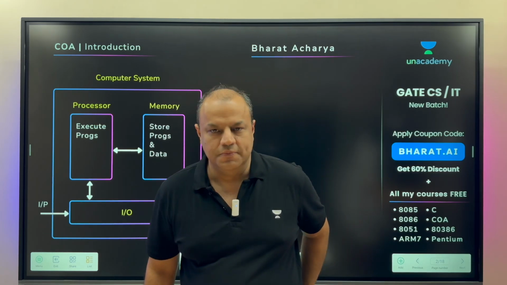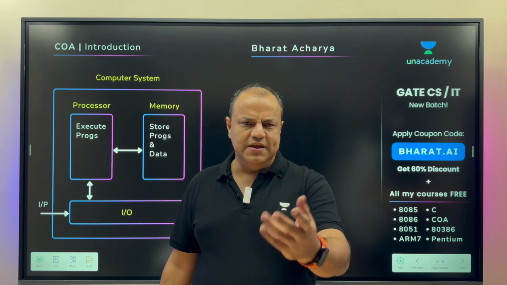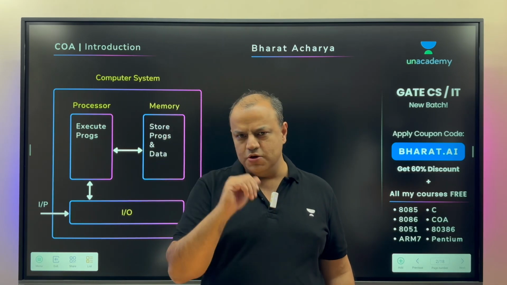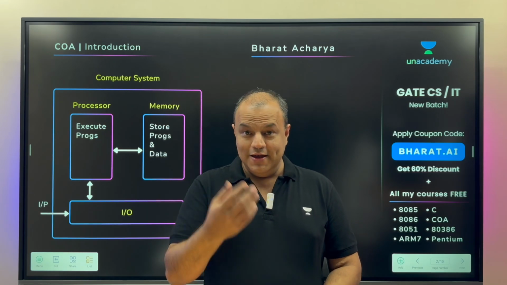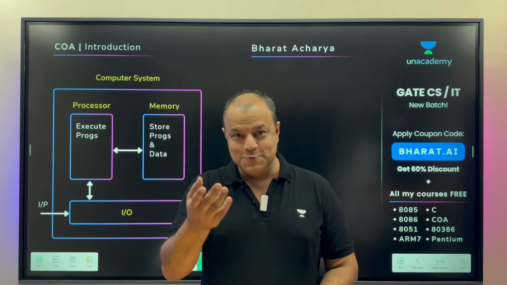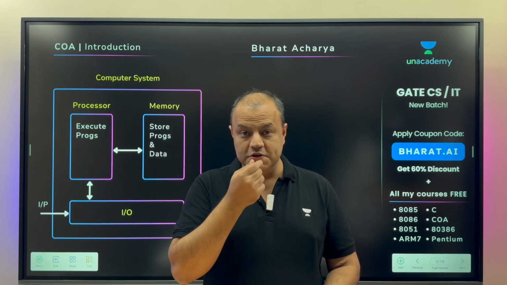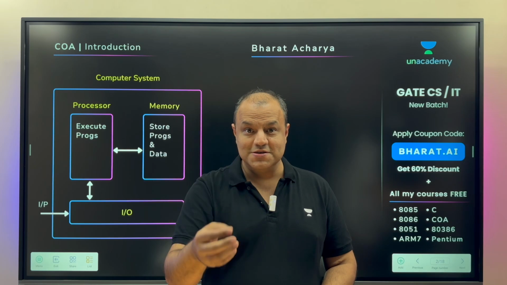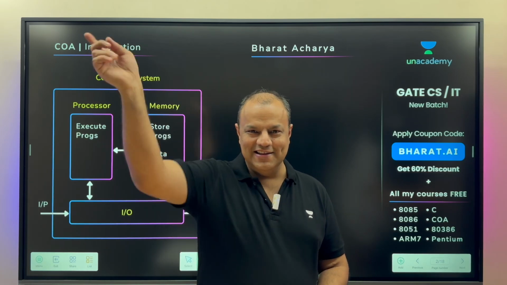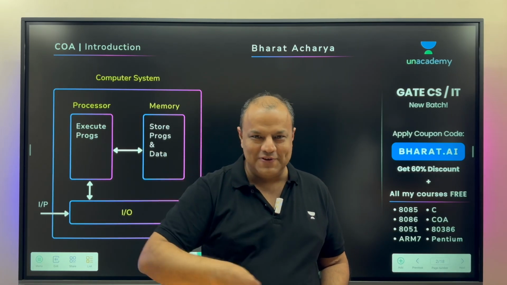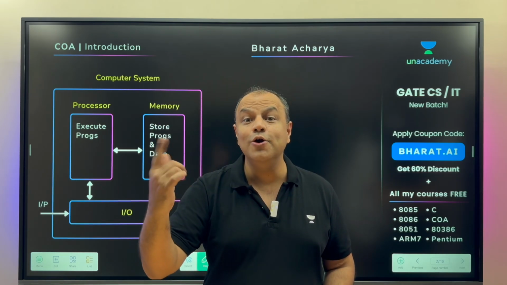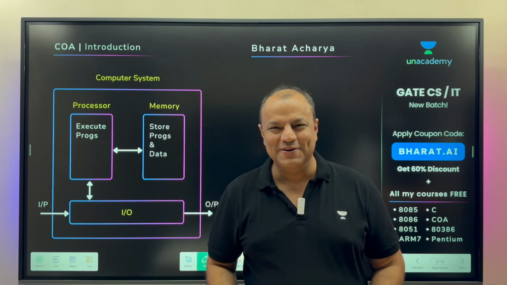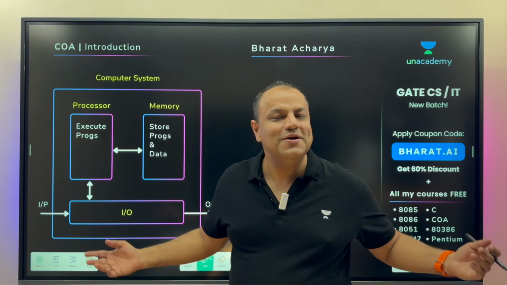Now, look at your phone. Probably you're watching this video on your phone or your computer, either way. Just look at the device you have and try to identify all the I/O devices. Your screen, if it's a phone, is not just an output device, it's also an input device because it's a touch screen. Your microphone on which you speak is an input device to the system. The speaker, which produces the sound, is the output device. The antenna that connects to the network, to the Wi-Fi, to the Bluetooth, etc., is an I/O device because you send data as well as receive data. Your camera is an input device. The flash is an output device. You understand what I'm saying, right?